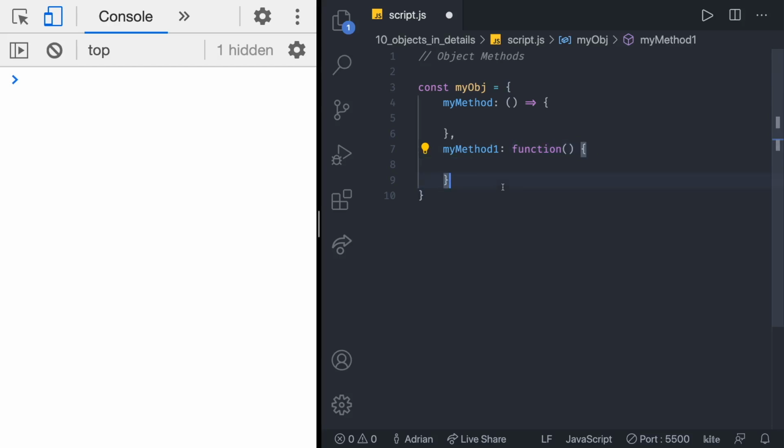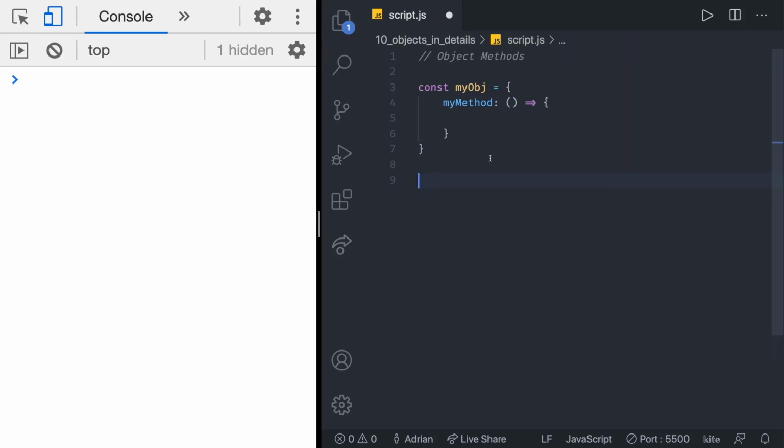And then finally, the third way of actually declaring functions or methods inside of an object is doing it like this. myMethod, and let's call it 3, and then simply just have it in there. It's laying in the object, it belongs to it, that's it. You don't need to have the key and the value, you simply put it right there. Personally, I believe that arrow functions are the best way to do it. They are newest, and most often if you're working with normal functions, you're gonna use arrow functions,